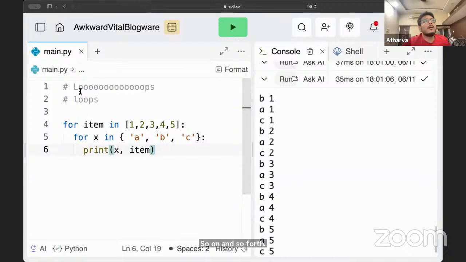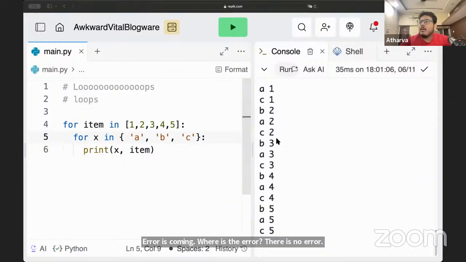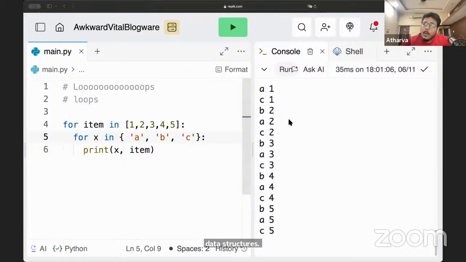Right. So what is an iterable? Iterables are basically those data structures which can be iterated over element by element.